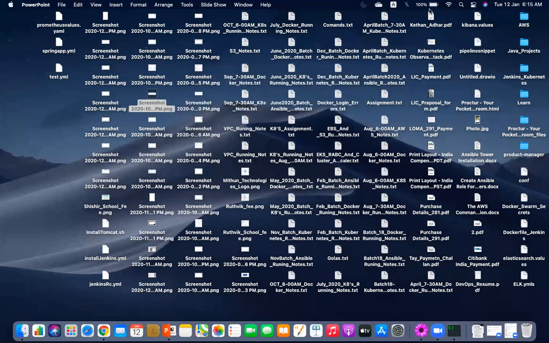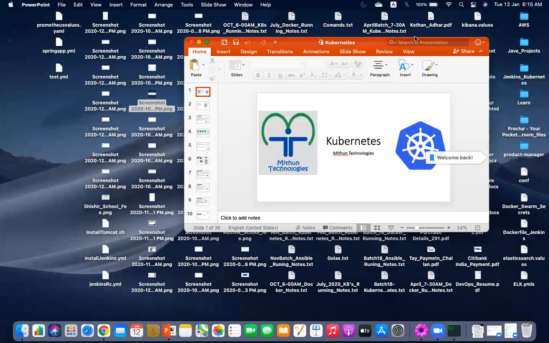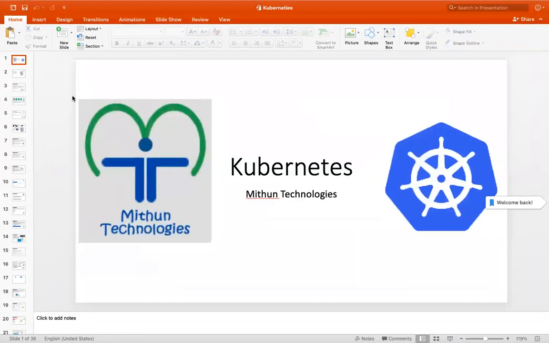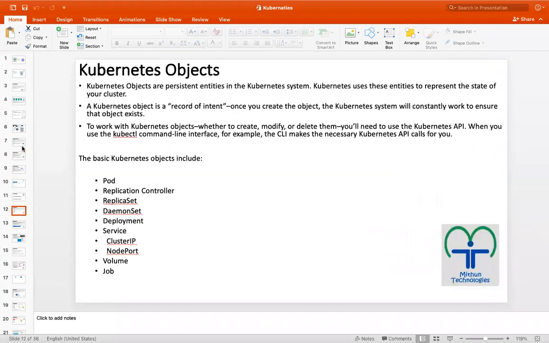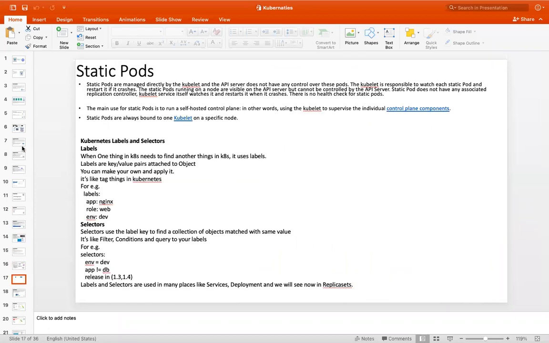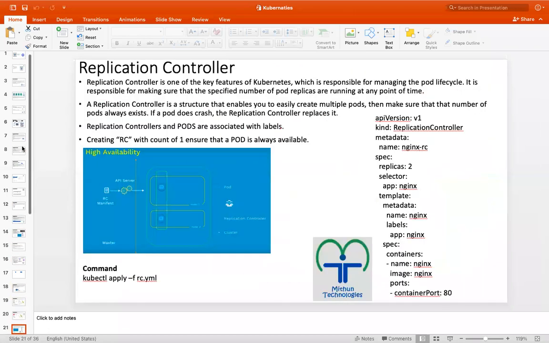Labels are key value pairs, which one object will use to identify another object along with selectors. Labels are key value pairs.